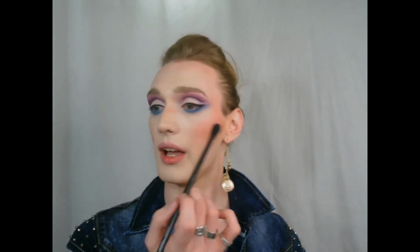The shade Designer Label right here, and take that along the high points of the face, under the brow, and on the inner corner. So for the high points of the face, I'm going to use a tapered highlight brush, and I'm just going to